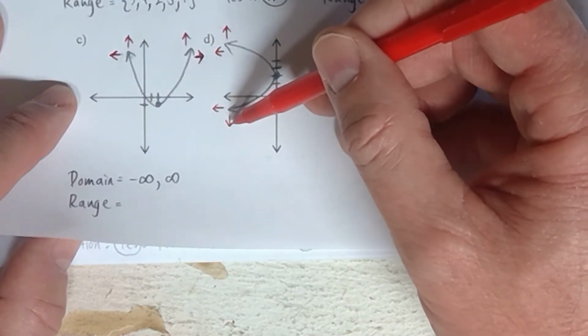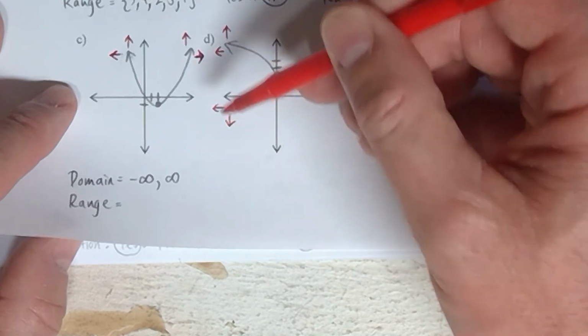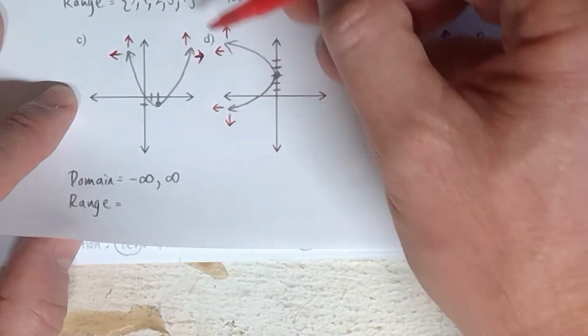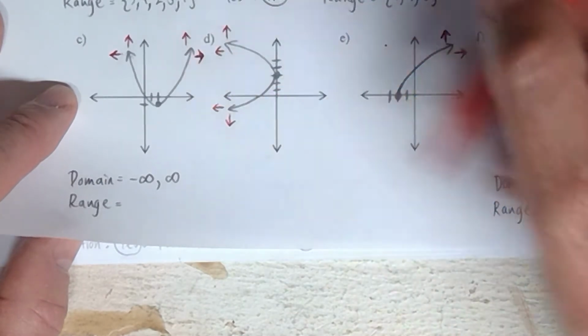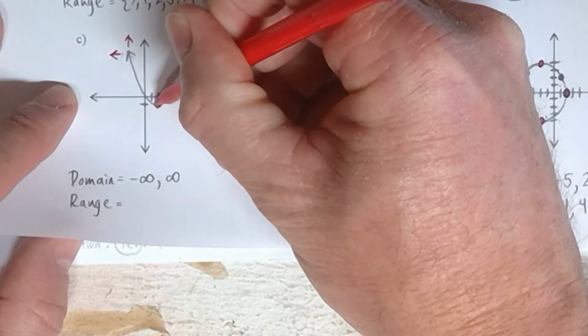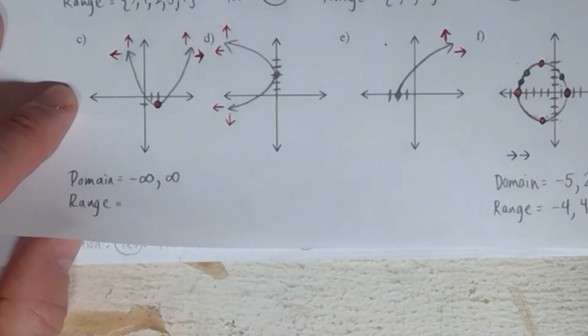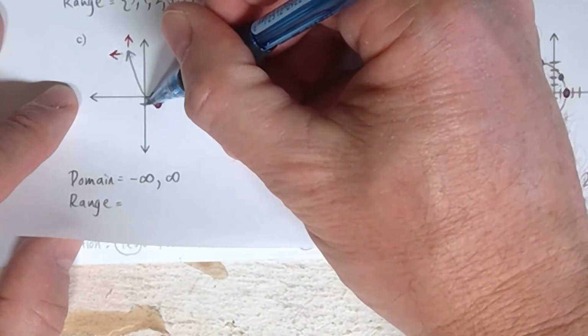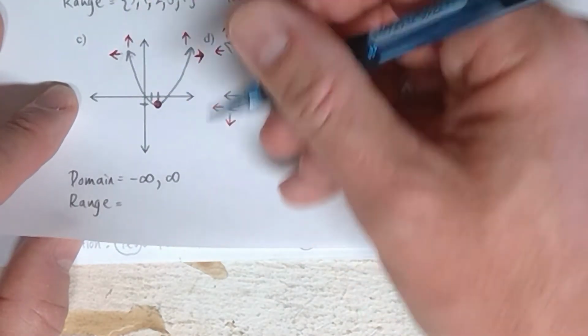If it goes down lower forever and ever, like this one does. We don't have that here. There is no arrow that goes straight down forever. And so there is a lowest point. It's right here. And since we're doing the range, you figure out what the lowest y value is, and that is